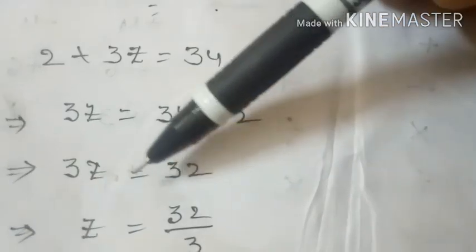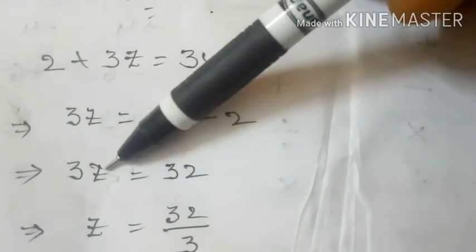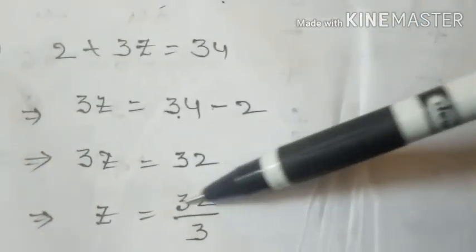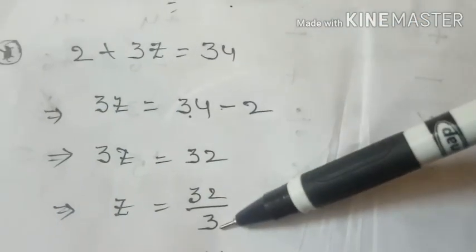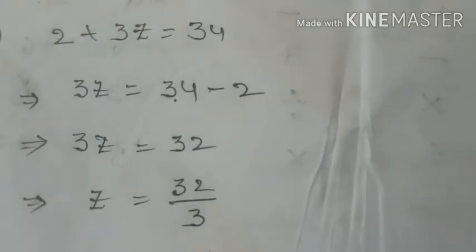So 3z is equal to 32. z is equal to... 3 is multiplying, so it will come this side, it becomes divide. So 32 by 3. Okay, z is equal to 32 by 3. Next,